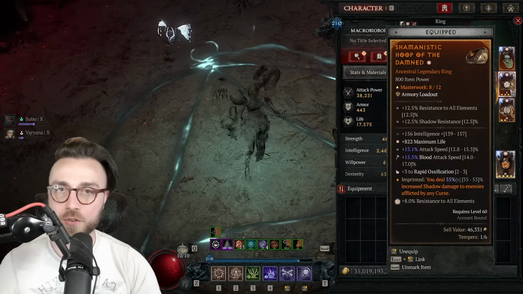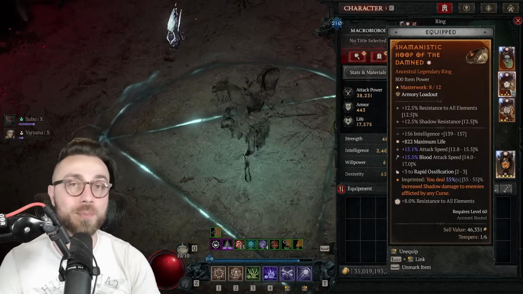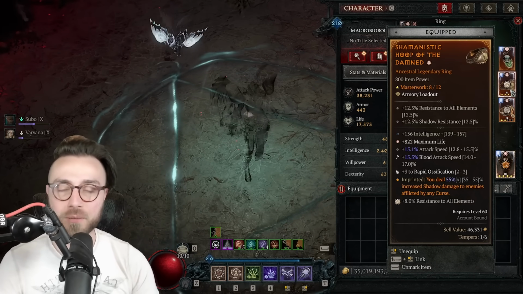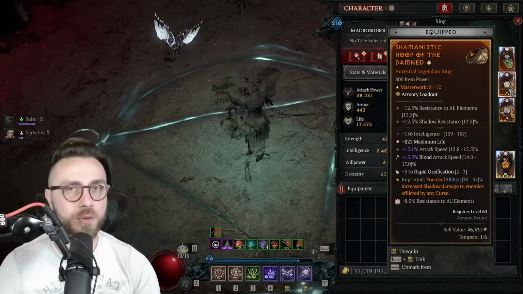You would like some additional maximum life, additional intelligence here, then either attack speed or crit chance, whatever you need. Yes, attack speed is nice. It allows you to spam all of your other skills faster, which oddly enough makes your build overall more efficient. And then while I currently have rapid ossification here, you do not really need that. It does help out a little bit, so feel free to do that, but you'd probably want to put ultimate